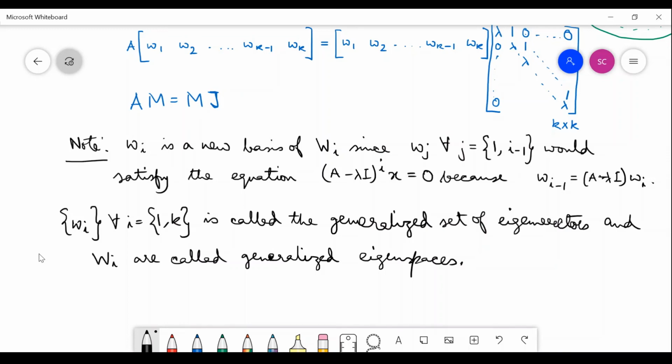So now we have all the theoretical background with us about what is the minimal polynomial, what is the algebraic multiplicity, what is the geometric multiplicity, how we go ahead finding out the generalized eigenspaces and generalized eigenvectors, and this will give us the algorithm with which we will work and figure out the generalized eigenvectors and generalized eigenspaces in order to form the Jordan form